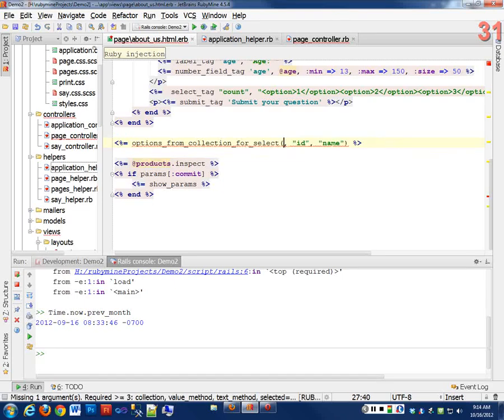So I have an array with an array of stuff in it, and I'm going to have something like skis and the value, the option value, and then we'll have poles